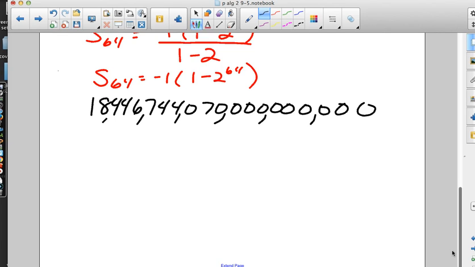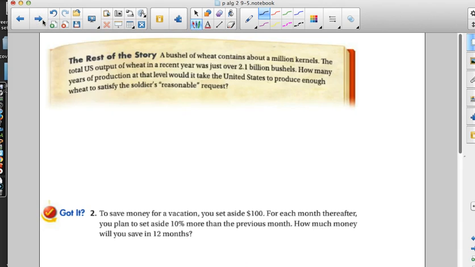It says that a bushel of wheat contains about 1 million kernels. Because quite frankly, kernels of wheat are really small. I mean, how much is this really? Well, a bushel contains about 1 million kernels. The total U.S. output of wheat in the recent year was 2.1 billion bushels of wheat. And then we figure out how many years it would take the United States as a country to produce all of this wheat to fill the soldier's request. Well, it turns out it would take us 8,784 years